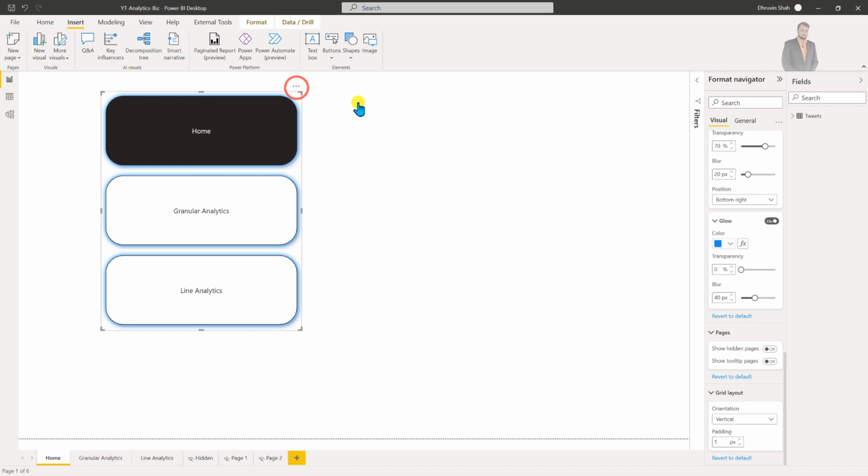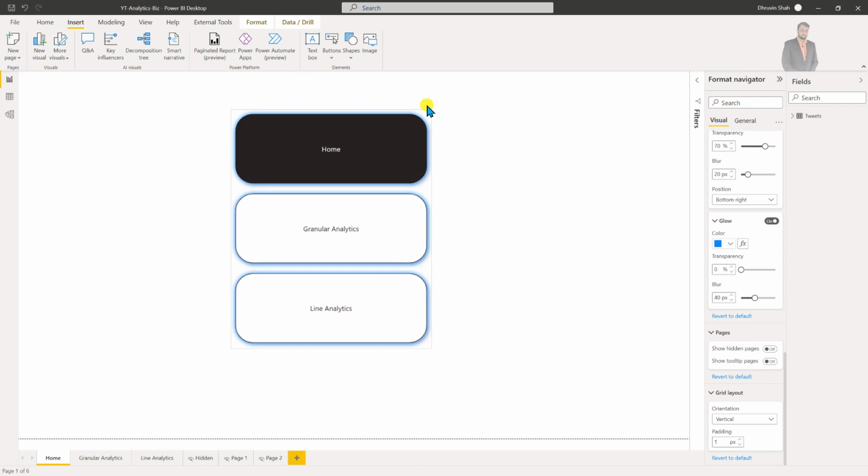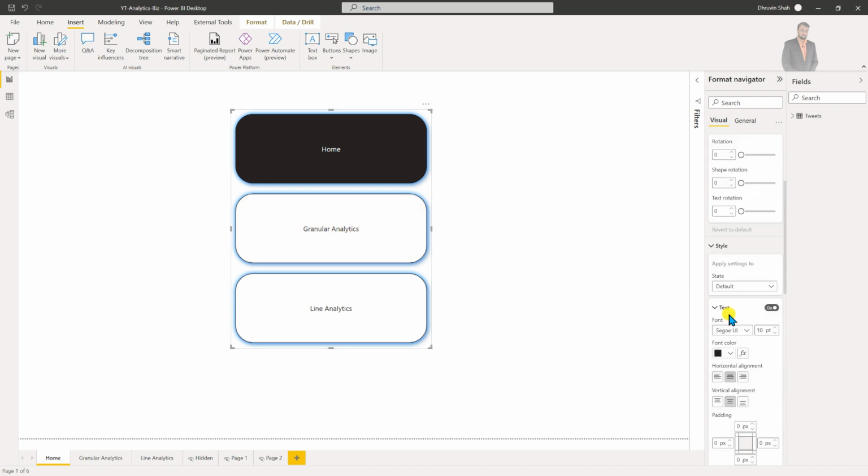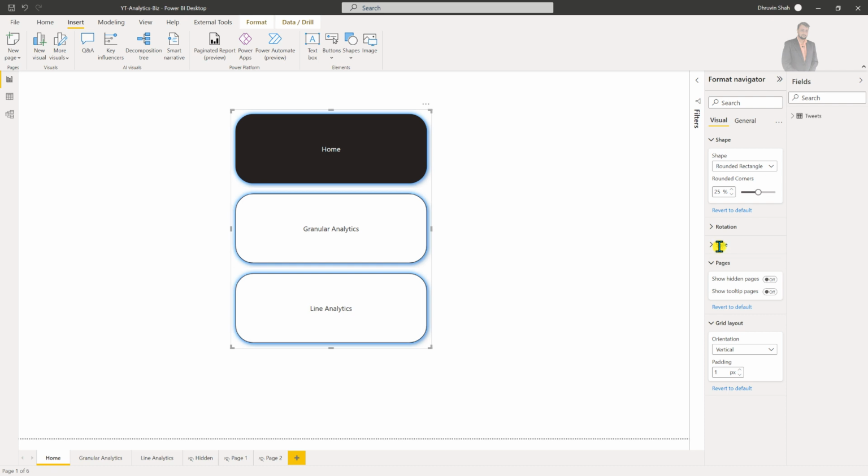So this is how the page navigation looks, right? The page navigator will show all the pages sequentially on the home page, and whichever page is selected is highlighted with the color. You can just play around with this styling option and change that accordingly. Like, let's say the default state, what should be the color, on hover, on press, on selected, what should be the color. You can change all these styles from here. So just play around with the styling options, it's very easy. But the two main important formatting properties are grid layout and pages, right? So that's all. This is all about the page navigator.